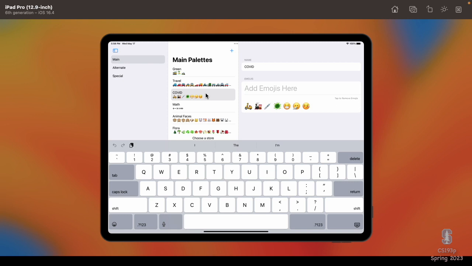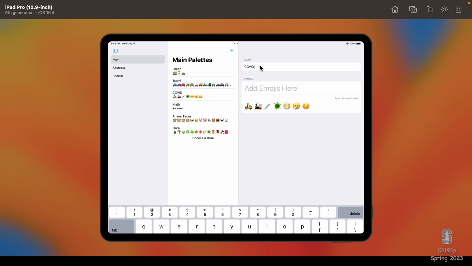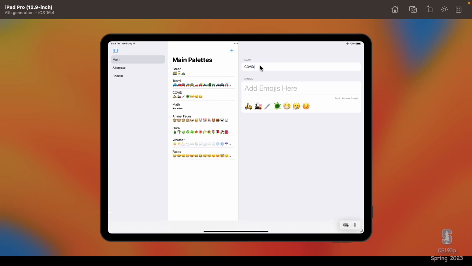The last thing I want to show you is this problem. Watch this COVID. You see the selected COVID in the middle range? I'm going to press spacebar. It deselected COVID. Why did it deselect COVID? And if I hit backspace, oh, it reselected it. The reason for that is that the navigation links in here are linked to the palette, not the palette ID, but the palette. So when I say COVID space, it's a different palette. Okay, it got changed to a different palette, a palette whose name is COVID space instead of COVID.